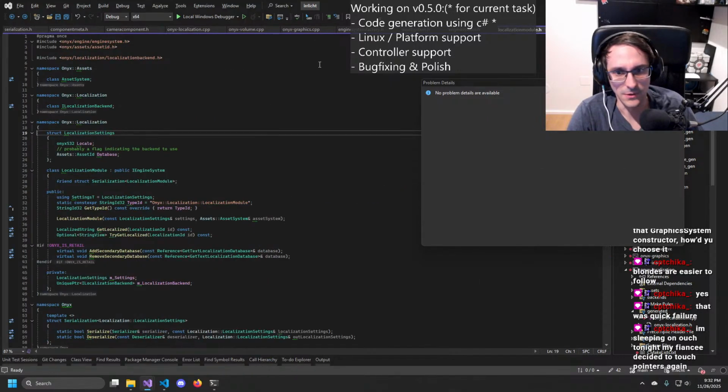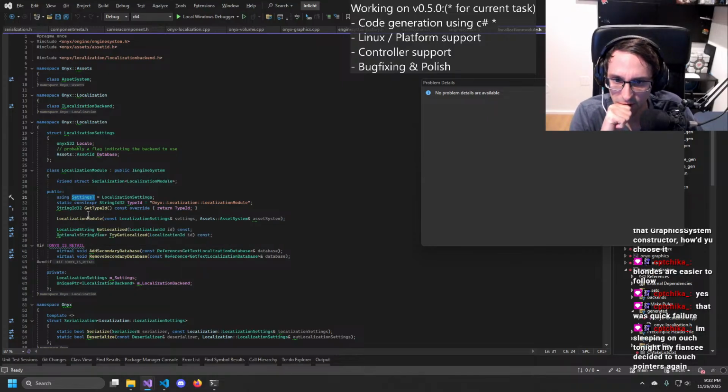Localization module. Oh, maybe it's because it doesn't have... Maybe because it's not the same thing.